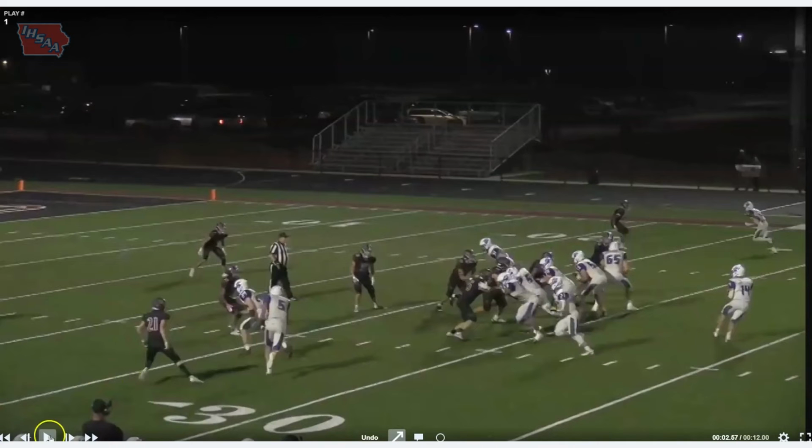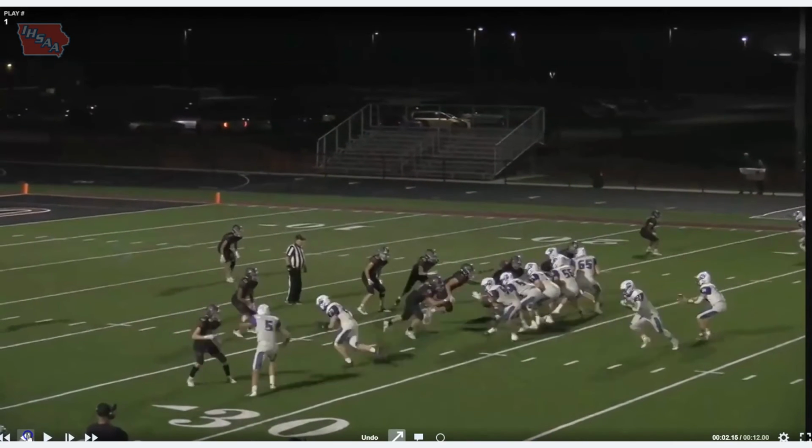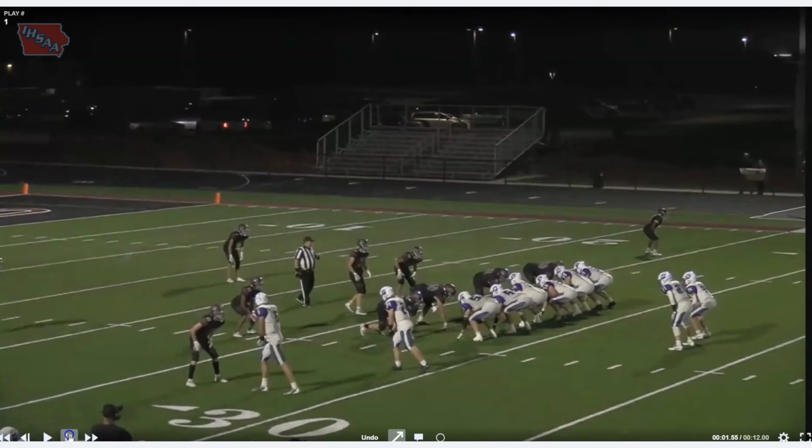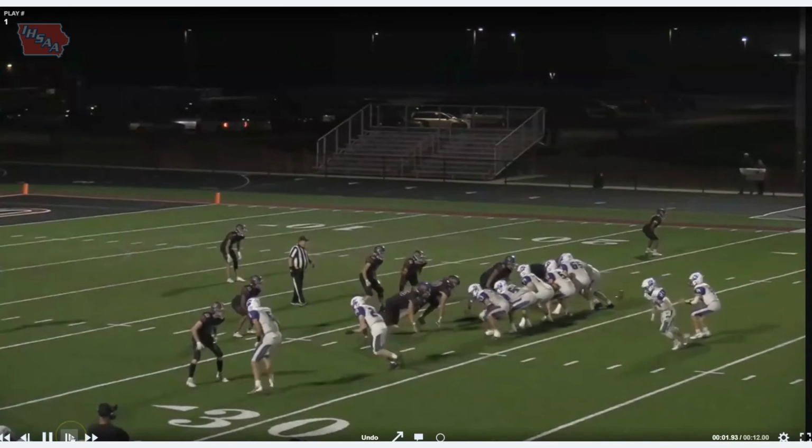And let's take a look at who else could see it. Again, formation-wise, we got a tight end here. We got another receiver out there. So we got a double-double. So our back judge is going to be on this guy. Our line judge is going to be on this guy. So as they run their routes here,